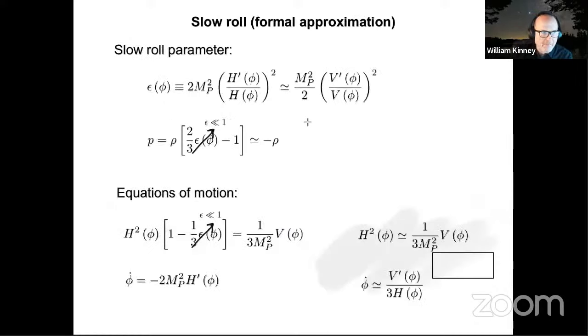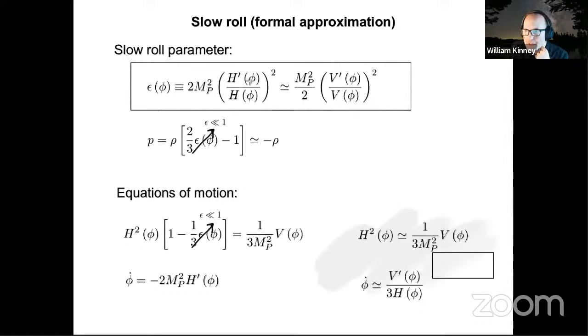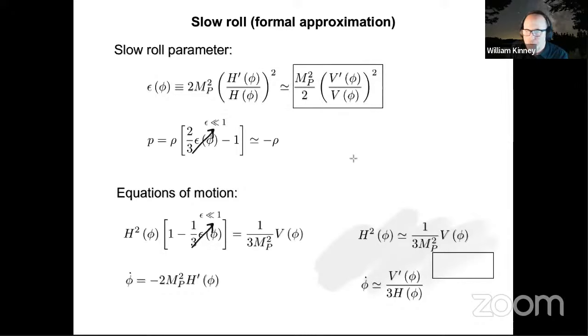So let us now define what we mean by slow roll in a formal way, right? I gave an informal statement of the slow roll approximation. This is a formal statement of the slow roll approximation as follows. I define what I call the slow roll parameter epsilon. This is an exact equation where epsilon is the first derivative of the Hubble parameter with respect to the field in the Hamilton-Jacobi sense, divided by the Hubble parameter squared. And as long as you're in slow roll, as long as the kinetic term can be neglected in the Hubble parameter, then this can be just written as a function of the potential, that it's just this familiar expression for the first slow roll parameter, V prime over V squared.